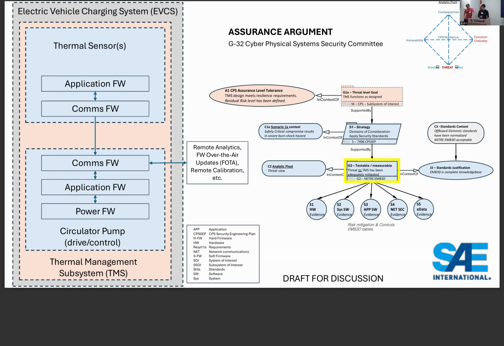As they go through their assurance argument to guarantee, to the best of their ability, that your thermal management system is properly implemented and secure from attack, they use embed as an example to show that